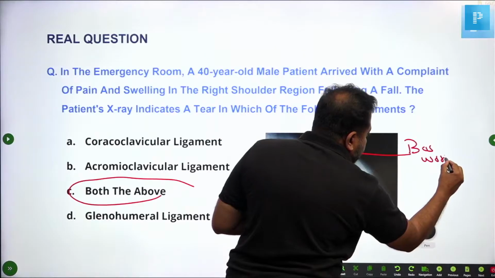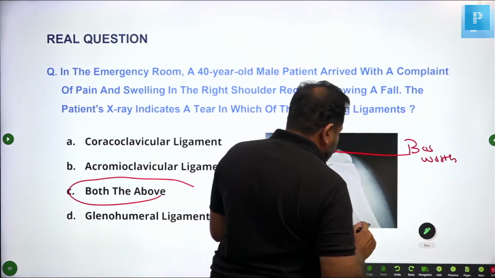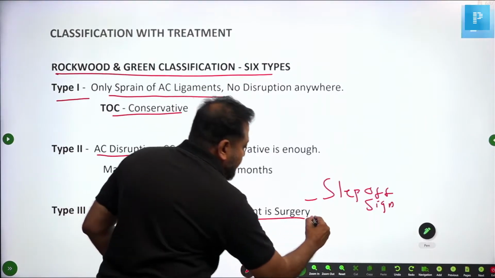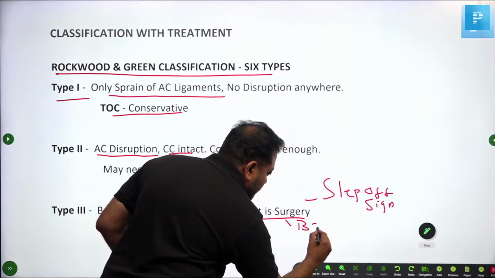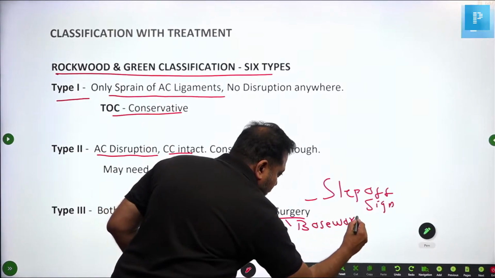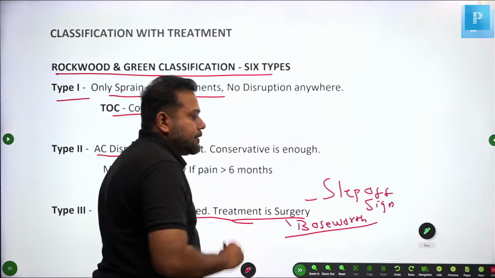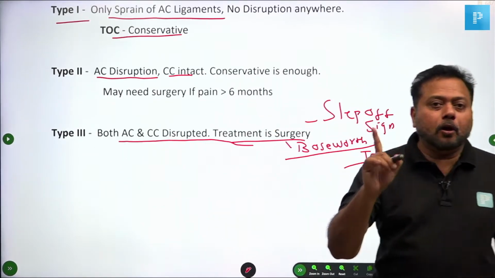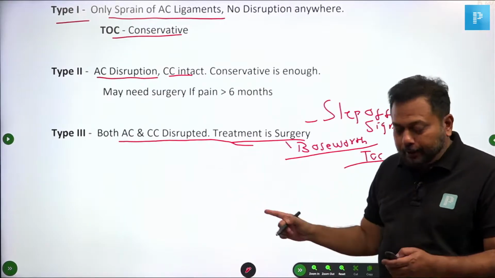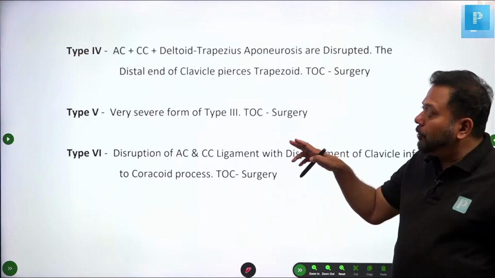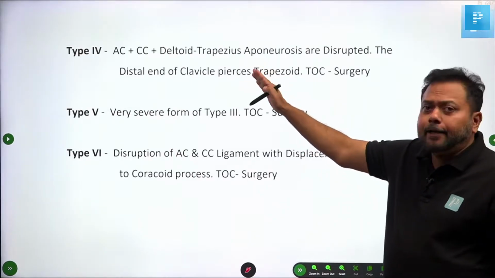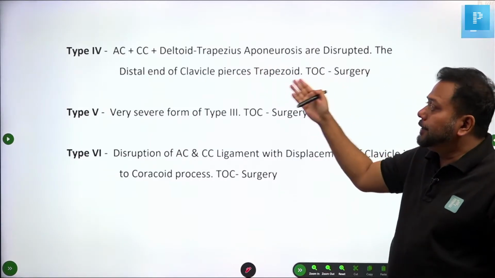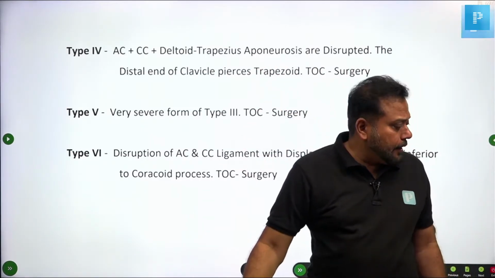Bosworth. I will write it once again. The treatment of choice for type 3 is surgery, called the Bosworth procedure. This is the treatment of choice. So far it is unasked in any of the Indian entrance exams, but it is there in all the standard textbooks. So this is type 3. Okay, type 4. This is a very severe type. The acromioclavicular ligament, coracoclavicular ligament, and deltoid trapezius aponeurosis are disrupted. The distal end of the clavicle pierces the